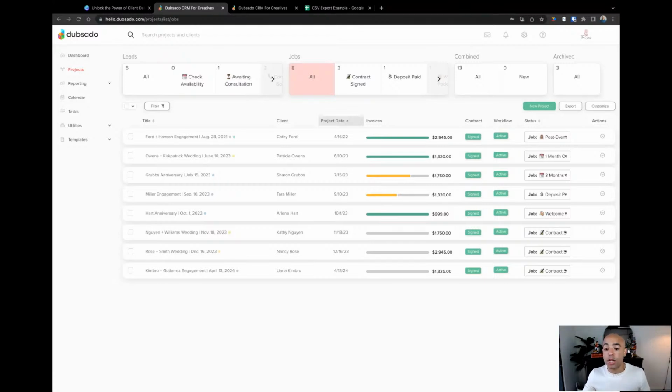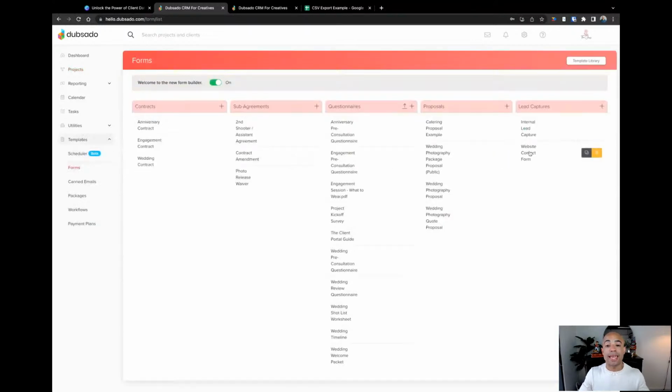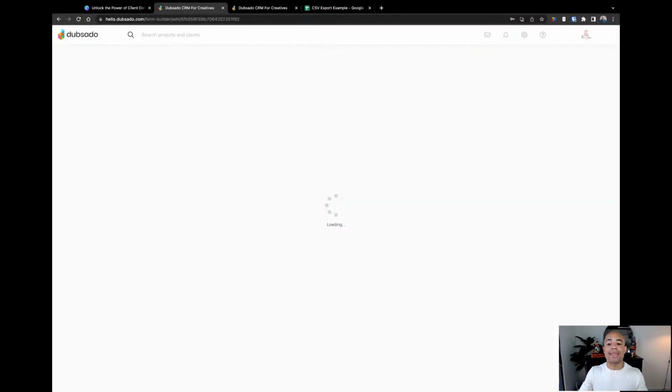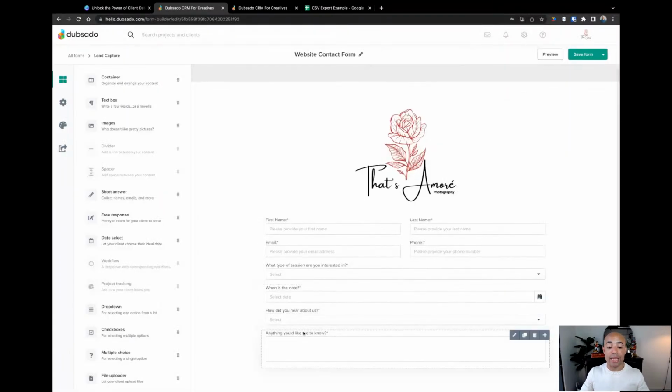Let's see here. Under the source, can you manually add other with a drop down for them to insert additional information? So Sharon, at the moment, there's not a way to do other, but what I would do on your lead capture form, let me actually come back over into my project here. What I would do on your form is I would add other as an option on your project source. And then in here, you could add in maybe a short answer element underneath just so that you can collect that information.